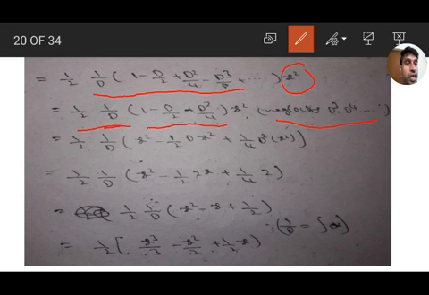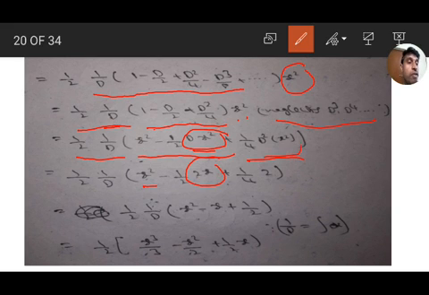So differentiate term by term: 1/2 times 1/D of x square, 1/2 into D of x square, 1/4 into D square of x square. So x square is as it is; 1/2 of the derivative of x square, which is 2x; the second order derivative of x square is the derivative of 2x, which is 2. So 2 cancels here, and here 2 times 2 is 4. So we get 1/2 times 1/D of x square minus x plus 1/2.